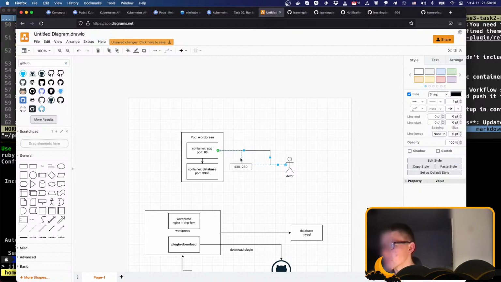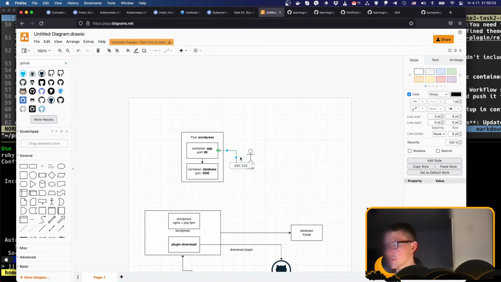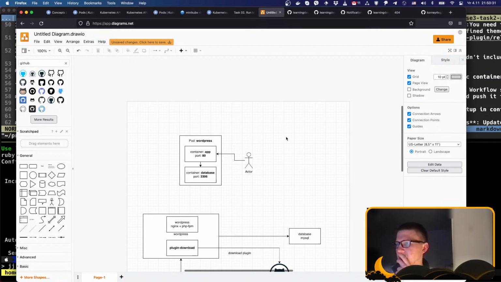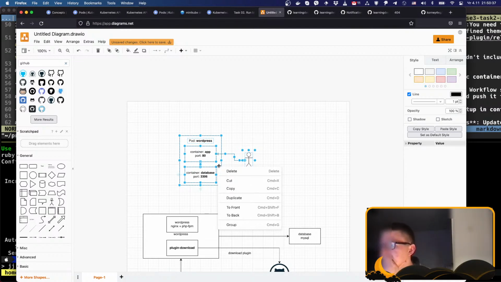So looks like too big. Let's move it a little bit. Okay, and this is going like this. Okay, so user goes to check out container, and it should look nice. Okay, and let's make it